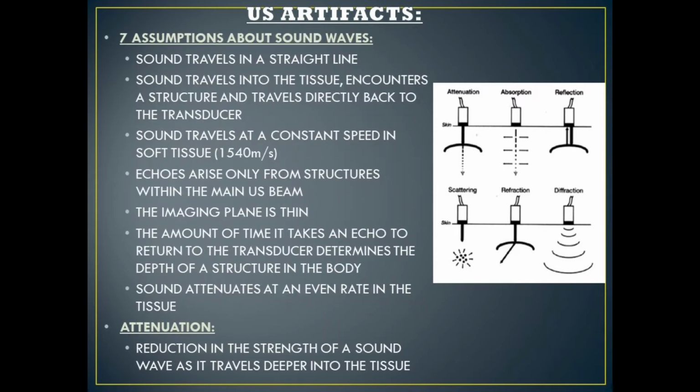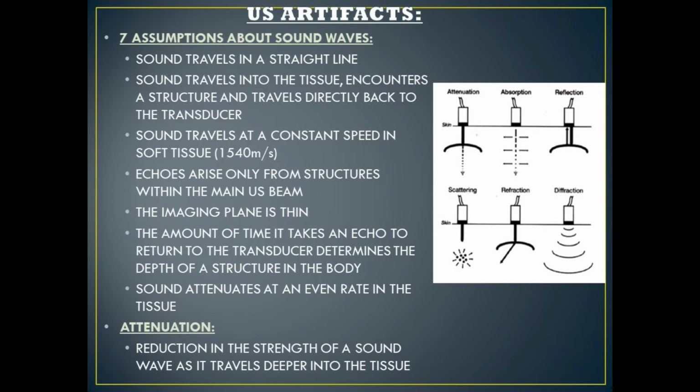The assumptions that an ultrasound machine makes about sound waves are: number 1, sound travels in a straight line; number 2, sound travels into the tissue, encounters a structure, and travels directly back to the transducer; number 3, sound travels at a constant speed in soft tissue, 1540 meters per second; number 4, echoes arise only from structures within the main ultrasound beam; number 5, the imaging plane is thin;